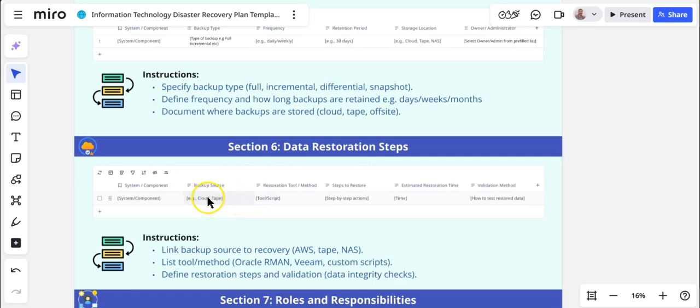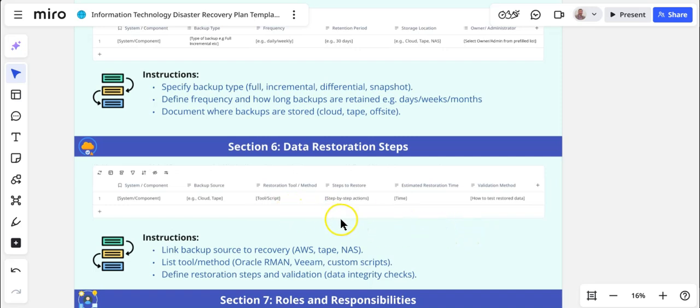It could be tape, it could be NAS, it could be cloud. Then restoration tool, you'll be listing here. In case of a database, it could be an RMAN, or in case of a storage, it could be Veeam, or in case of Active Directory, it could be a script that will be running to restore